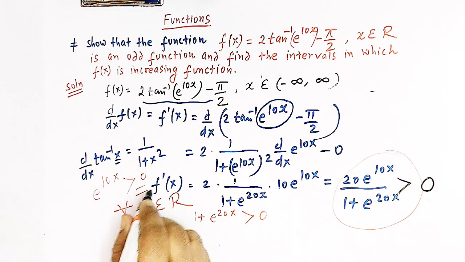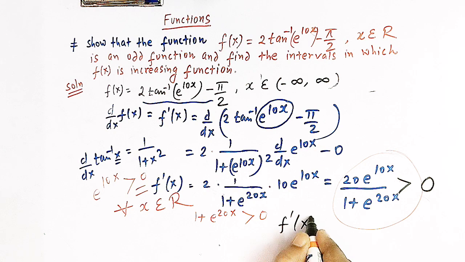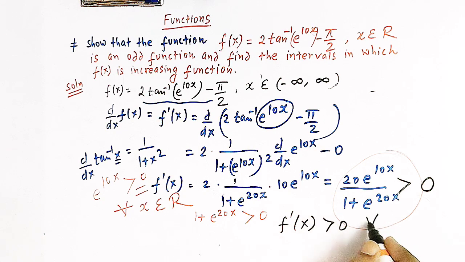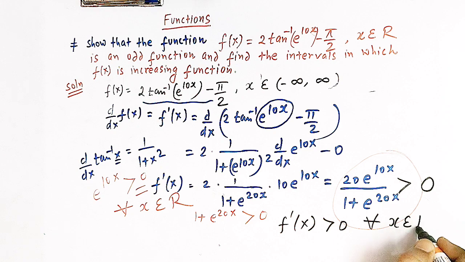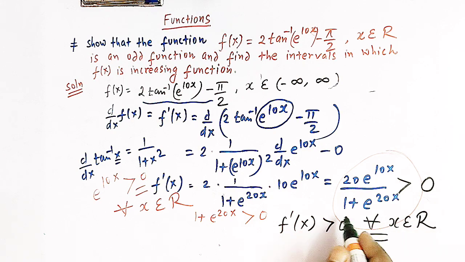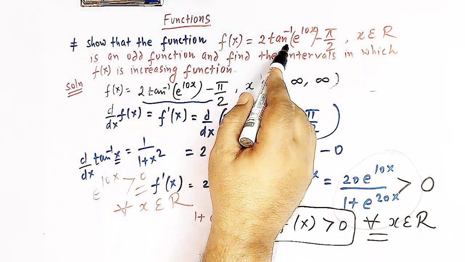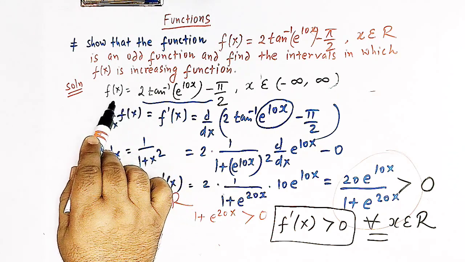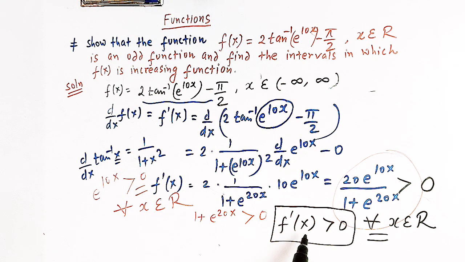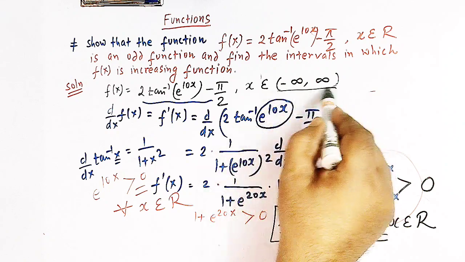So we can easily conclude that f prime of x is greater than 0 for all x belonging to the set of real numbers. And this is the condition for a function f of x to be strictly increasing, right? So this function, that is f of x, is a strictly increasing function for all values of x belonging to the set of real numbers, because f prime of x is always greater than 0 for all values of x belonging to this interval,